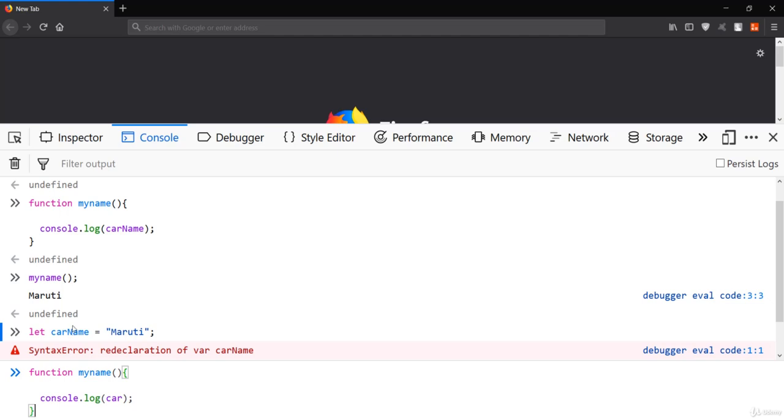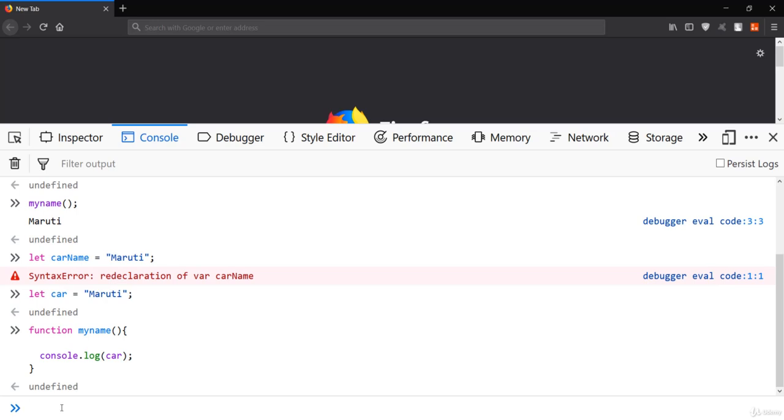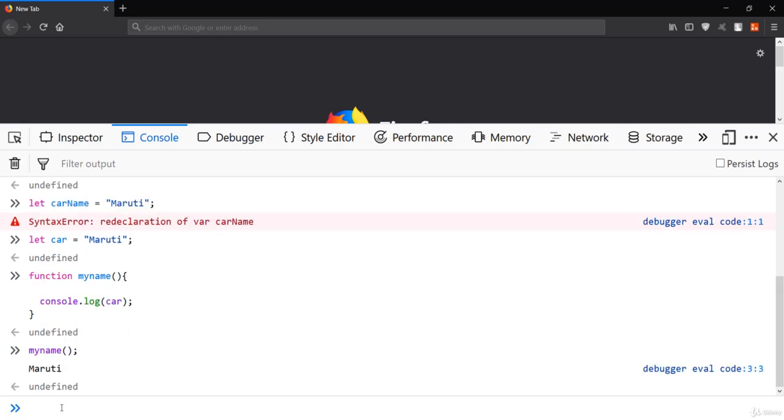Let me run this. Now it's time to call this method, myName, and let's see what happens. It shows Maruti, as the let keyword has its scope.